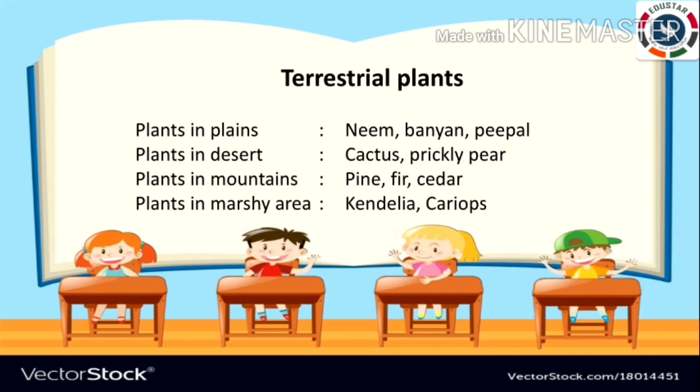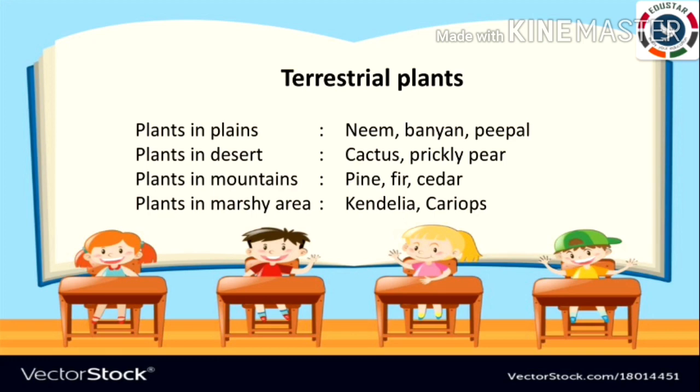Stems are green, have chlorophyll, and they prepare food. Stems also store food and water, which make them fleshy. Roots spread out deep under the ground in search of water. So, plants in mountains. These regions are normally very cold and windy. In some areas, snowfall may take place in winter.